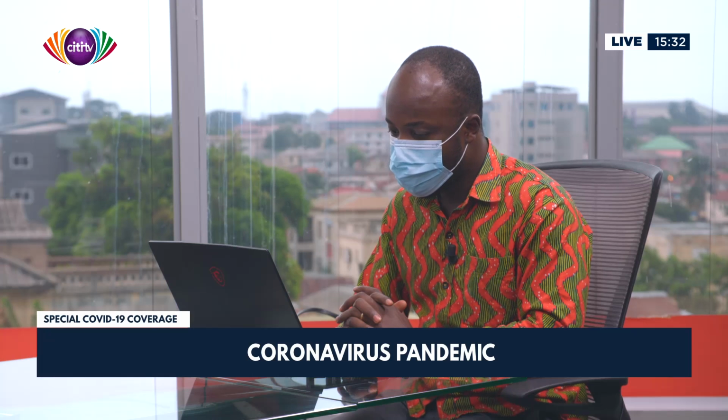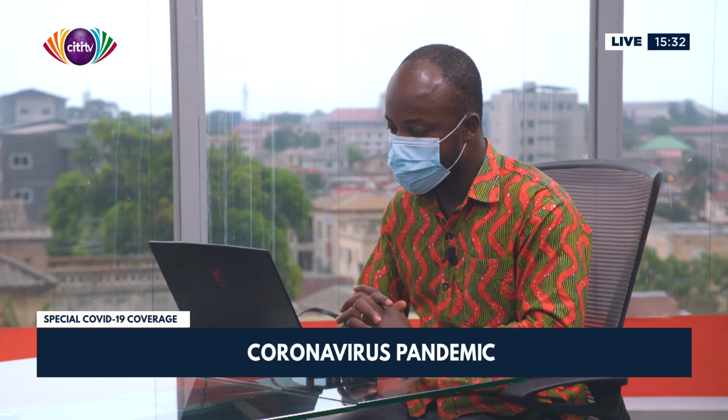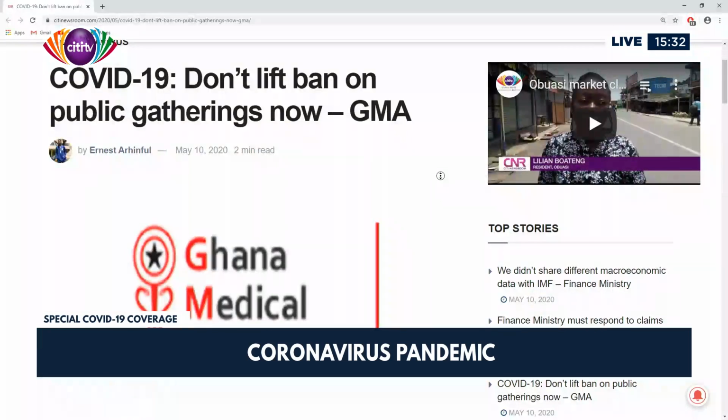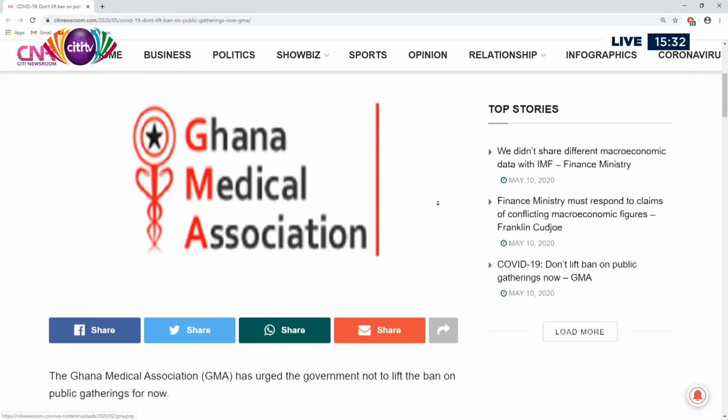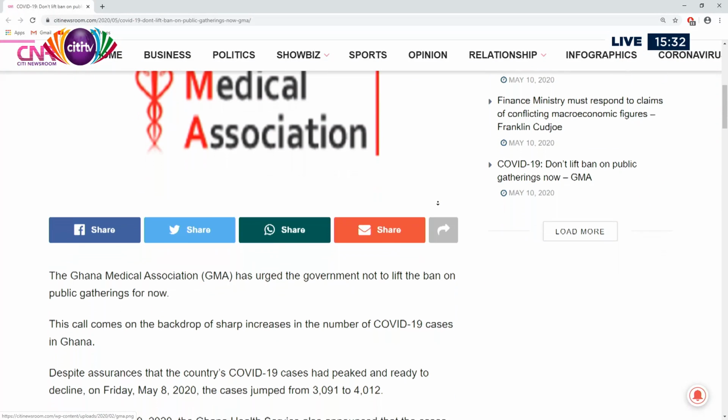3, all persons living in Ghana should endeavor to adhere strictly to all the preventive measures such as the ban on public and social gatherings, social distancing, use of face mask, hand washing under running water with soap, and use of alcohol-based hand sanitizers. 4, the government should strictly enforce all the preventive measures so far put in place to